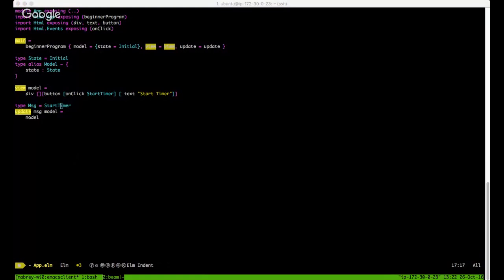So that's still a thing. Hypothetically, if we hit start timer, everything is still not really doing anything because our update doesn't actually do anything. It just always returns the model. So this is where we get into updating our model. So when we get update message model equals, or you get that in case of